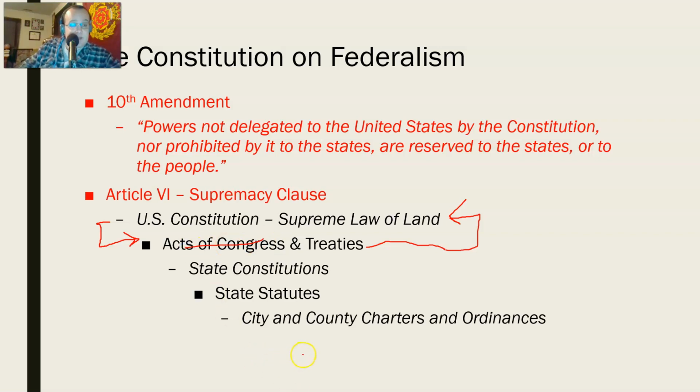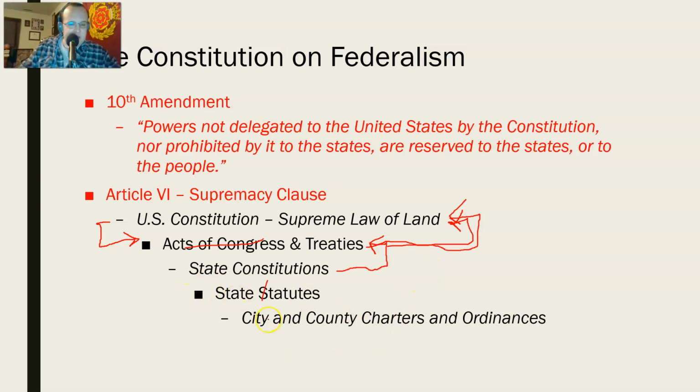And the same with states' constitutions. The federal government demanded once upon a time that states form their own governments that are all pretty much like the federal government, and form their own constitution. So the states do that, and they have to look at congressional acts and treaties and the Constitution, see if they're violating anything. If they're not, great. The state constitution stands. If they are, then they need to go back to the drawing board.